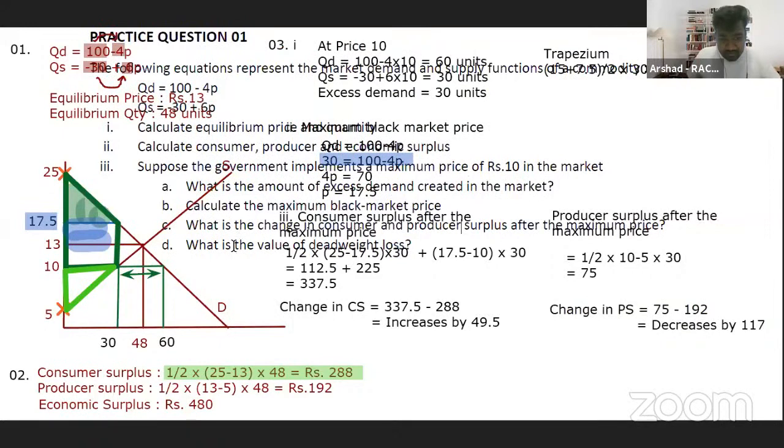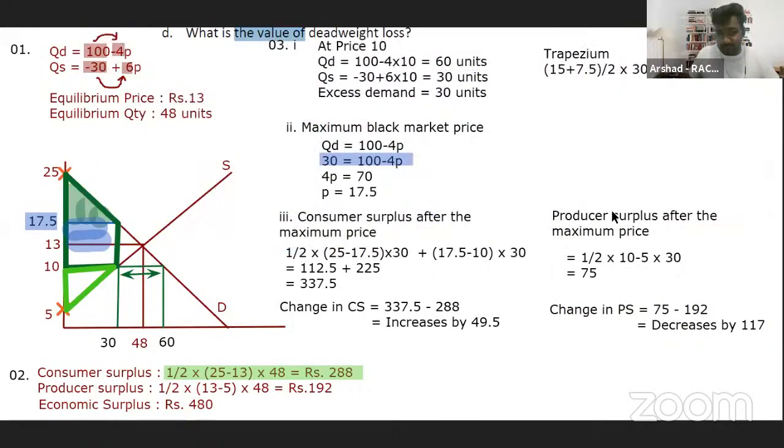And the final one, what is the value of deadweight loss? So how do you find the deadweight loss? Okay, so that's your fourth part of the question. How much is our deadweight loss, guys? Deadweight loss is